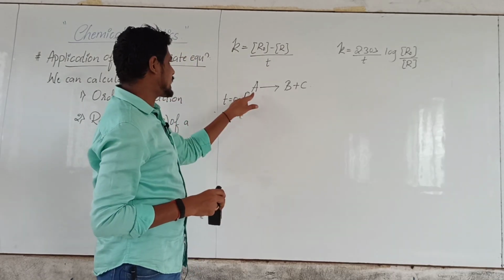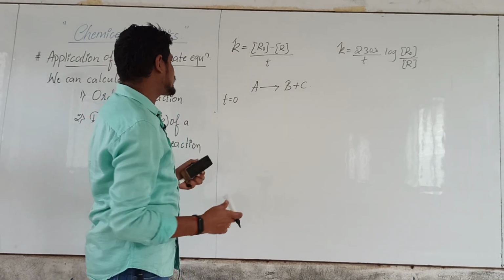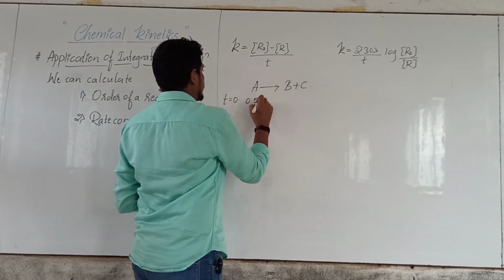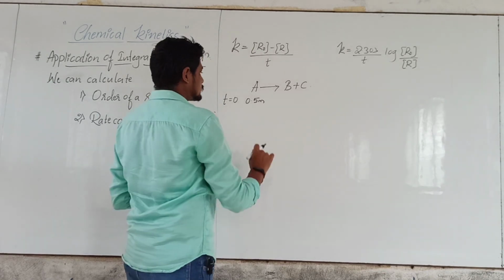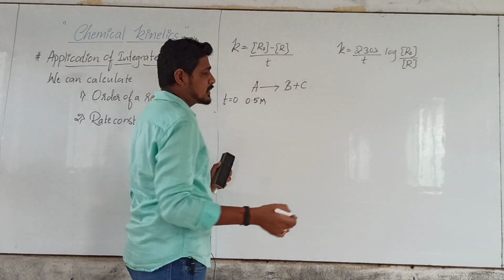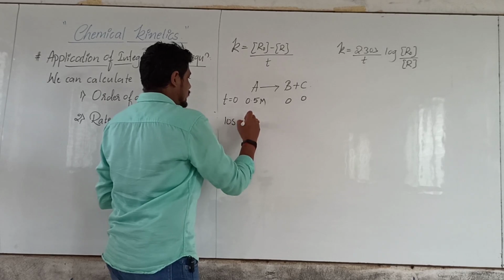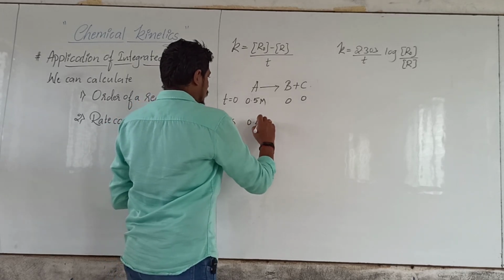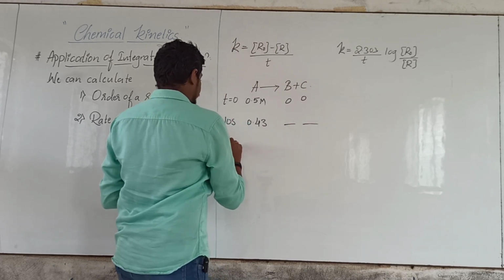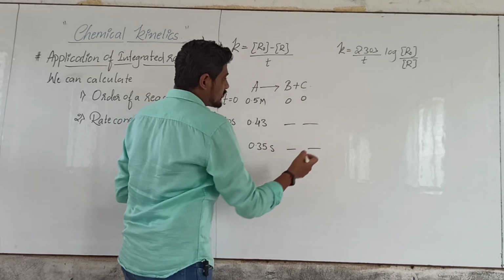So now we have a reaction, say A is giving B plus C. So we have to measure, at time 0, what is the concentration? Let us say this is 0.5 moles I have taken. This is the concentration, sorry, molarity, of A, and when t is equal to 0, these will be 0 0, and after 10 seconds, let us say only 0.43 is remaining, so you are getting some amount here. Then after 15 seconds, again you are measuring it, let us say it is remaining this much, again some amount will be coming here.